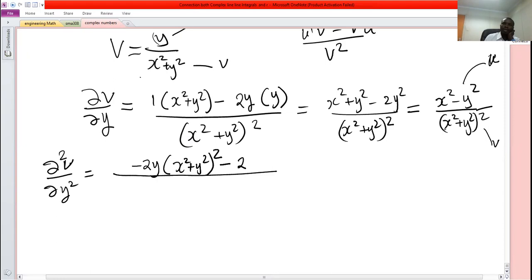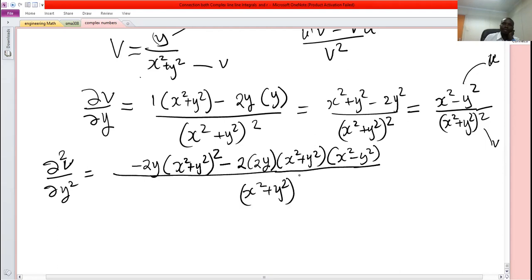I drop 2, differentiating inside, I get 2y, and then the power reduces by 1. And so I multiply by u, which is x squared minus y squared, and then over x squared plus y squared to the power 4 now. So this will give me,